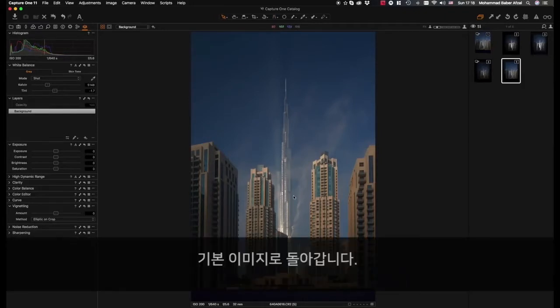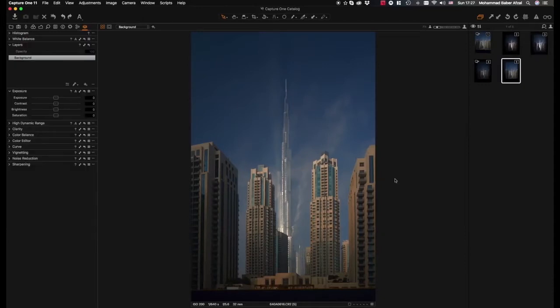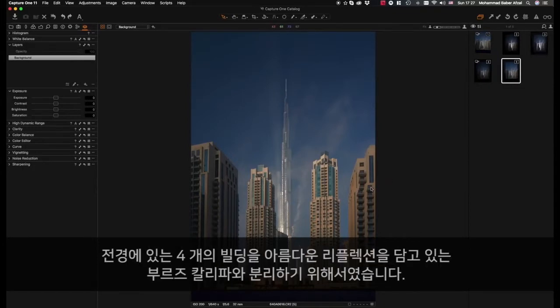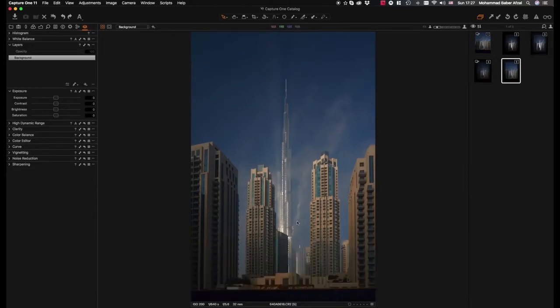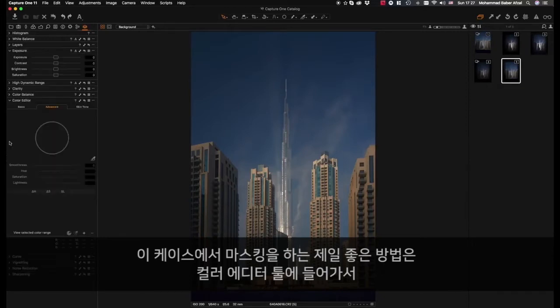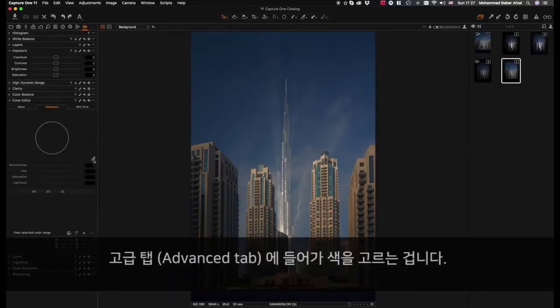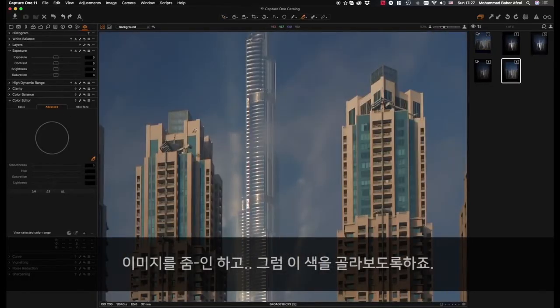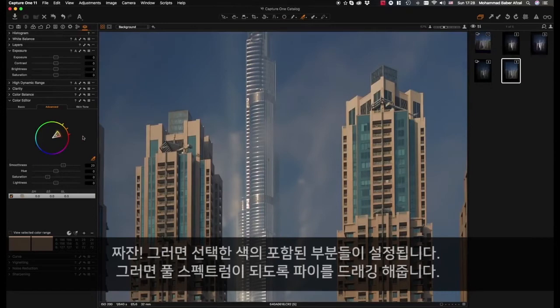We're back to our image over here. Now that we have straightened this image, the next step would be to create masks in order to separate the foreground buildings, which are these four in this case, from the Burj Khalifa we have in the backdrop, with the beautiful reflection that's happening. The best way to create a mask in my case is to go to the color editor tool, pick a color in the advanced tab, zoom in, and let's say I select this color here. Boom. Now it shows you the area of the colors that are being selected. So I select the full spectrum by dragging it out